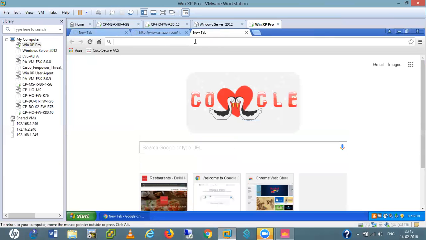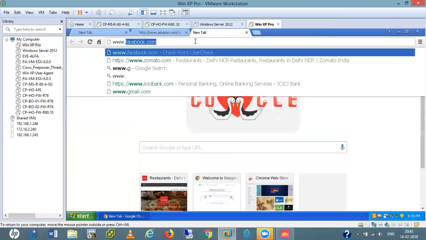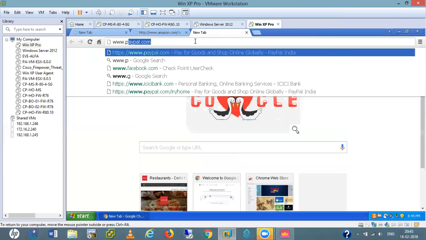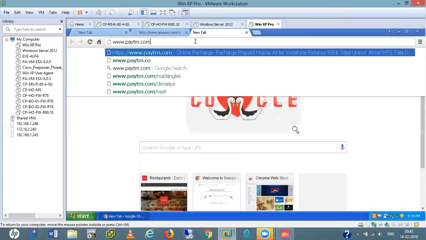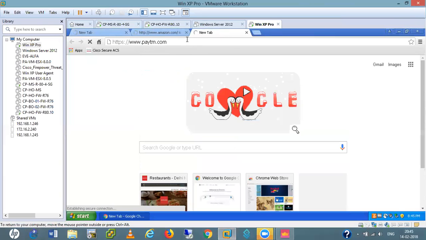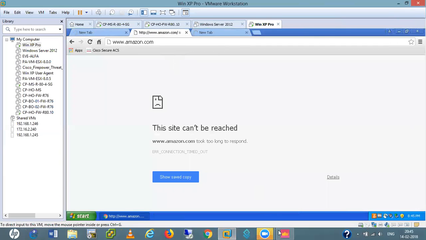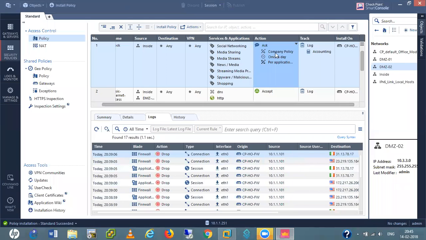Amazon, www.paytm.com. I'll also write rules for them. These websites, I think it gives one message only one time. Here we have this one: company policy once a day.